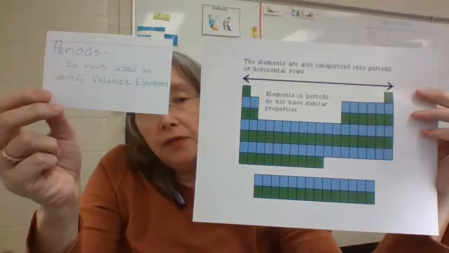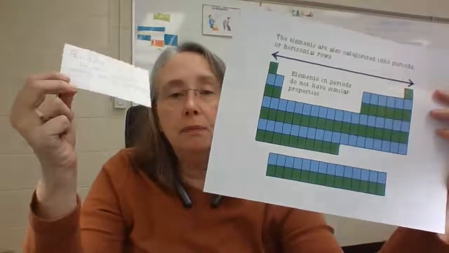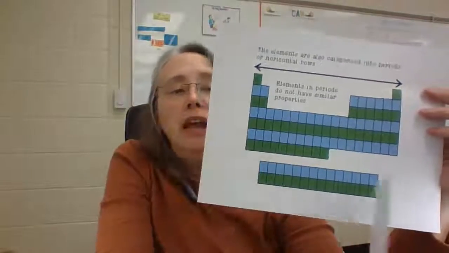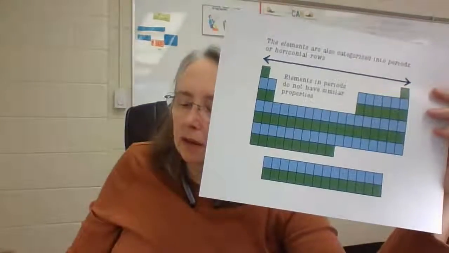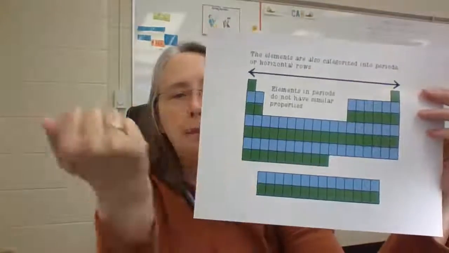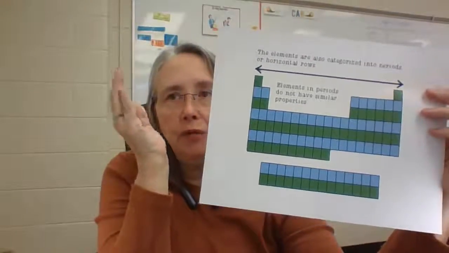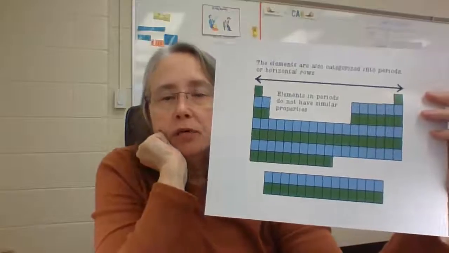So that's how Mendeleev found out if there was a gap, there was, say, 26 protons in some